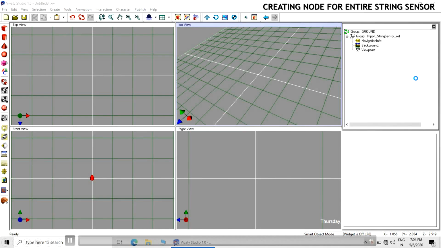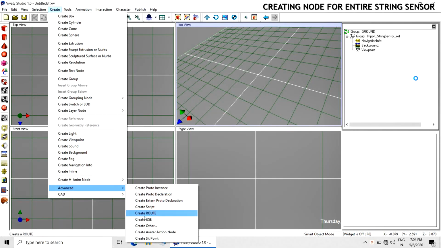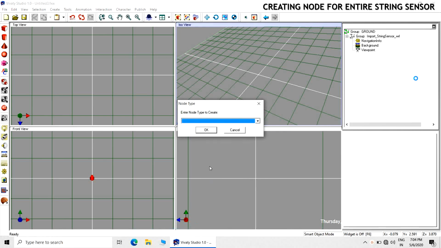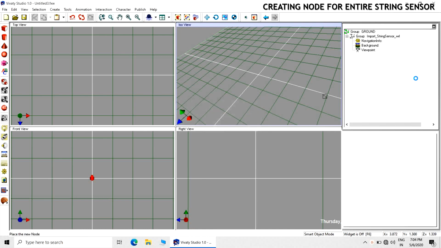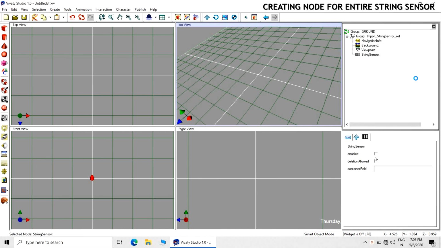But this route will be valid. So we will be creating the string sensor. Go to create advanced and then type string sensor. Here it is. Bring all the coordinates to 0 0 0. You can give a name to this string sensor also.